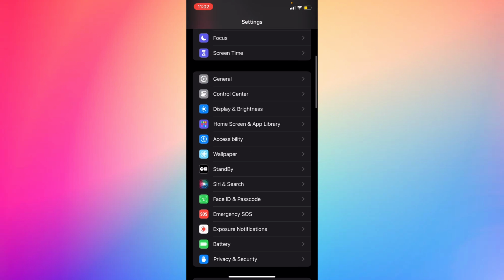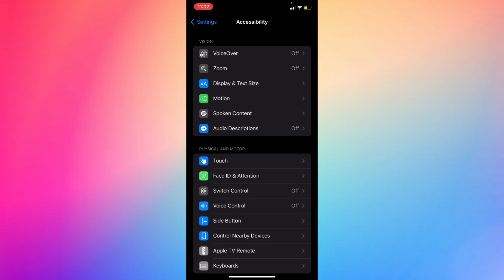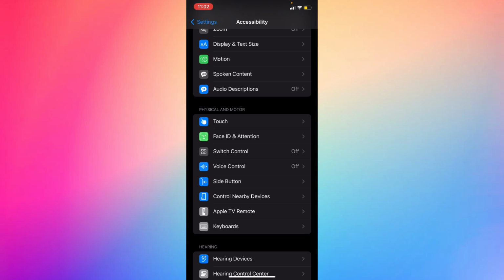what you're gonna do is go back to the settings, and then go ahead to Accessibility, and you're gonna notice there is an option in Physical and Motor for Eye Tracking. And basically you're gonna be able to enable eye tracking on your iPhone,